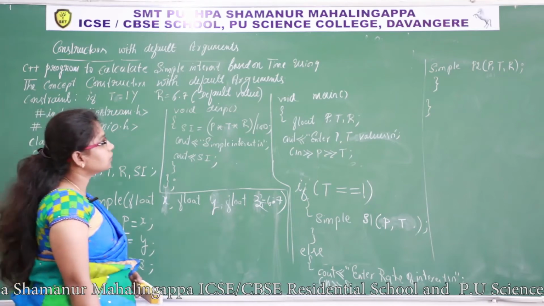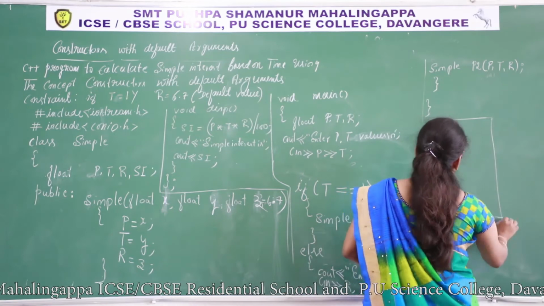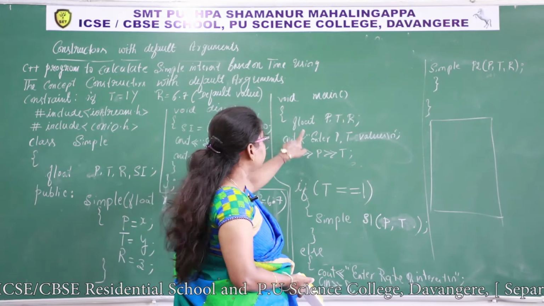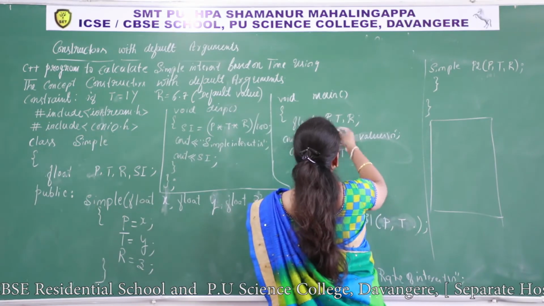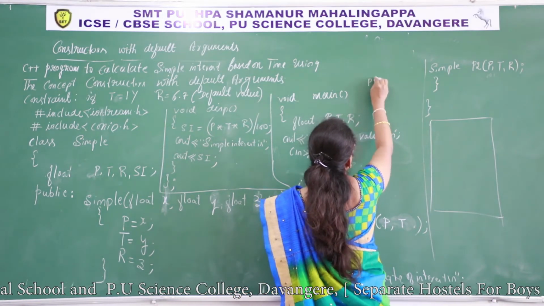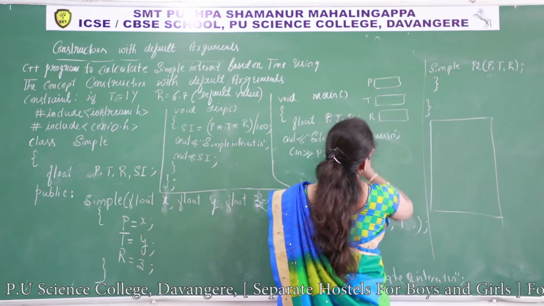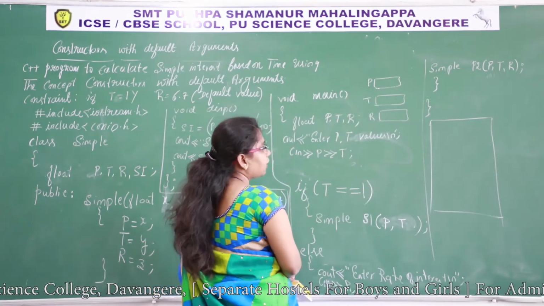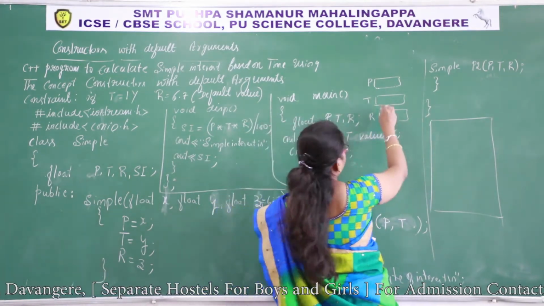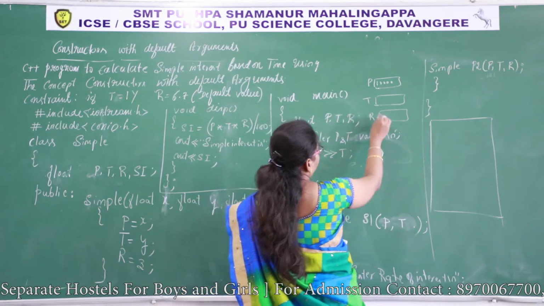Okay, let us, I'll write the output screen here. Always execution starts from the main function. So when you declare objects, these are all not objects, they are variables of basic type, that is floating type. For P, there is 4-byte memory, T, 4-byte memory, R also. Enter P and T values. P value, if I give 10,000, and T value I'll take 1 year.